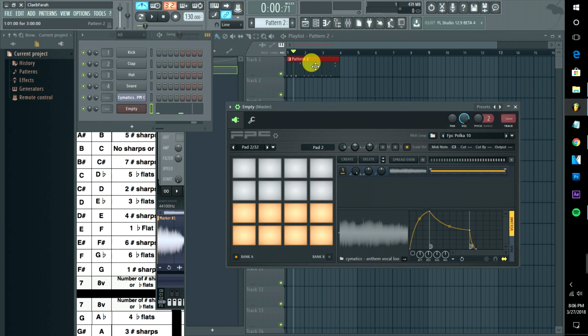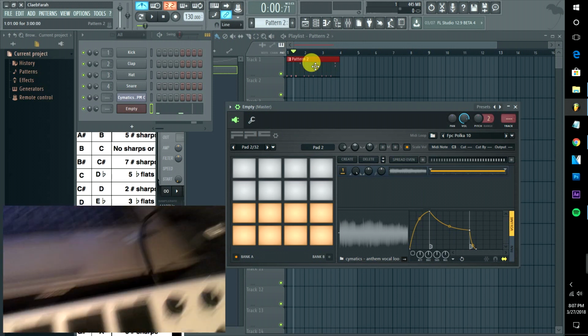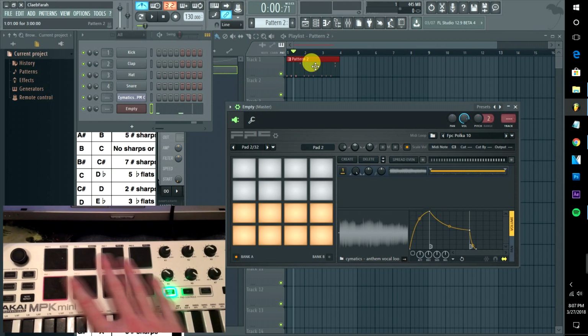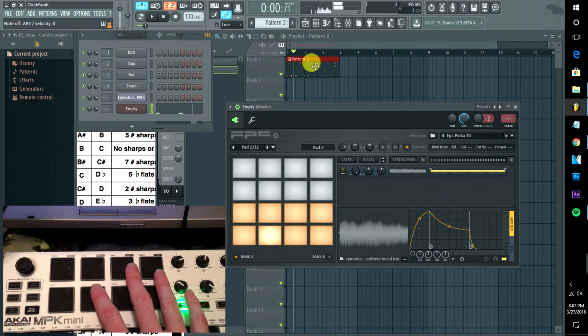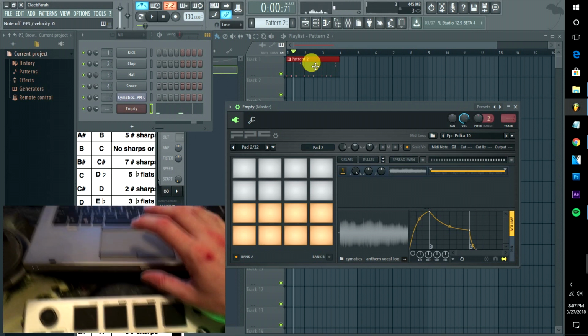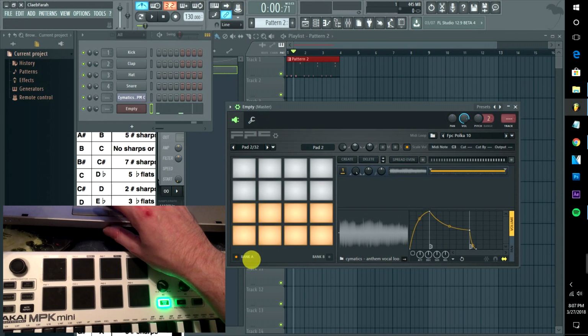Let's say you're having issues. Say you don't have an MPK Mini, and you still need to map out your pads. So check this out, guys. If you still need to map out your pads and you don't have an MPK Mini, this will work for anything. So get your pads ready. Get your pads at the ready, okay? So what you need to do is this. You need to go over to